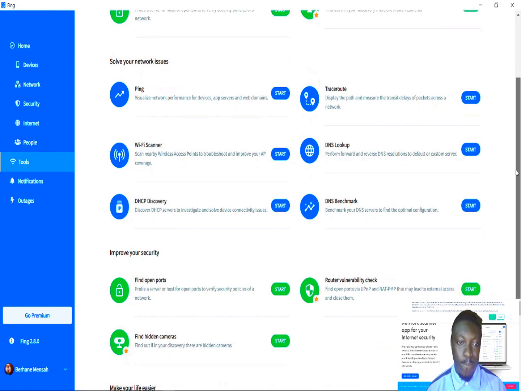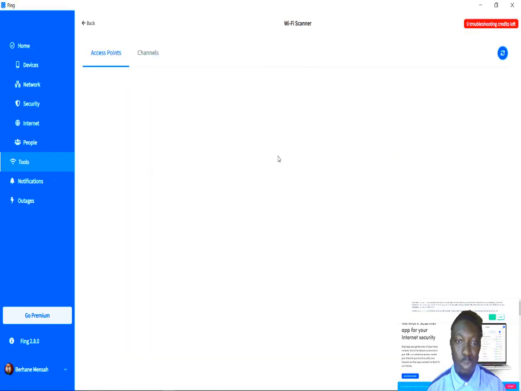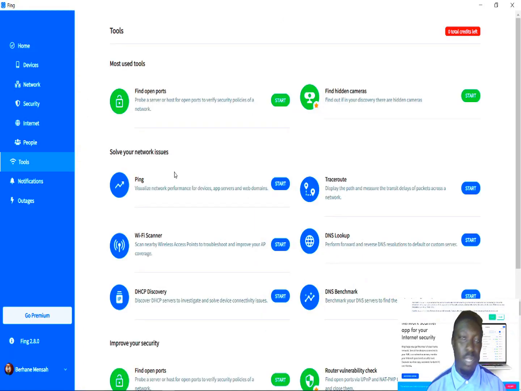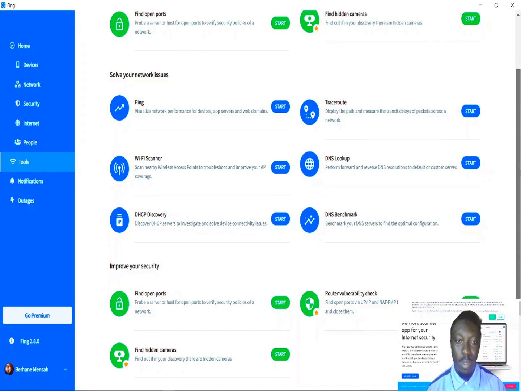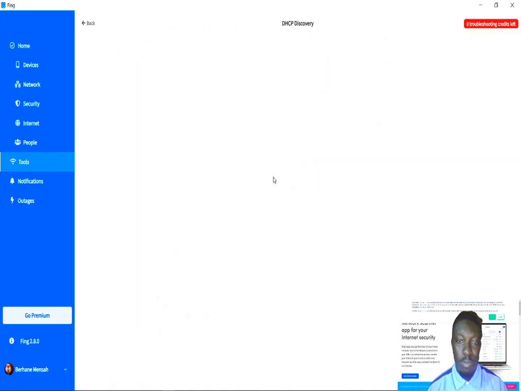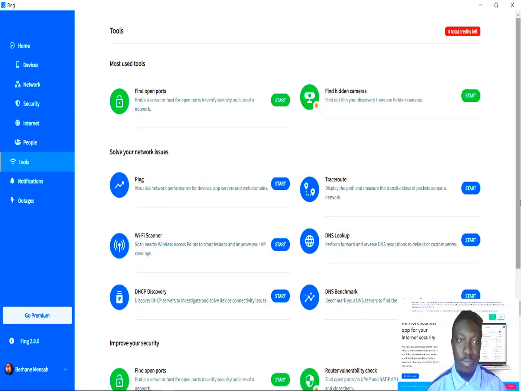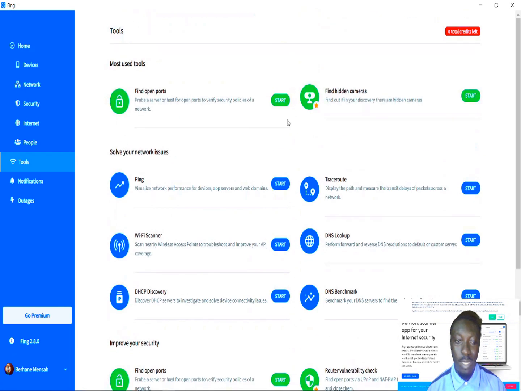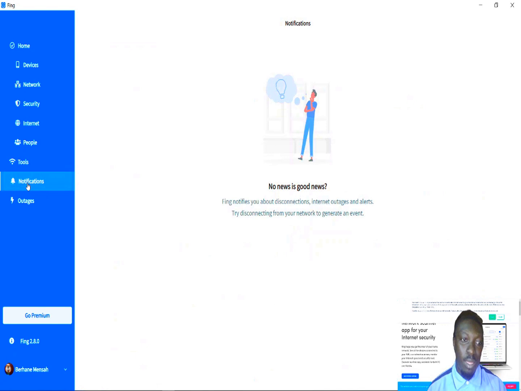So for example, we have the Wi-Fi scanner. Scan nearby wireless access points to troubleshoot and improve coverage. So let me try. You need to buy most of these applications. You need to buy them before you can actually use it. But basically, these are the tools you can actually see in the Fing network application. You come to notifications, you have